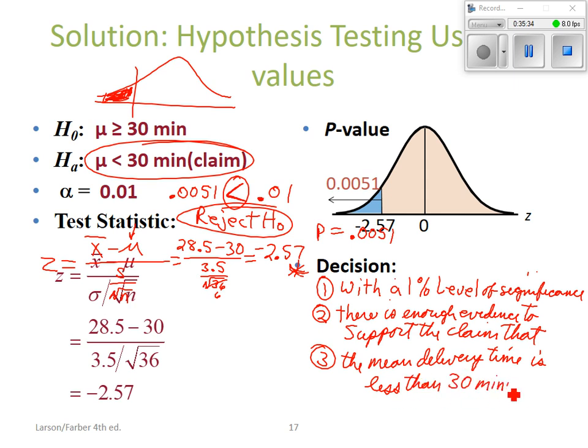So you just reconnect that back to whatever the problem said. And that's what this problem said, that the pizza place says that their delivery time was less than 30 minutes. So we just separate it, and you don't have to separate it. I separate it here to try to make sure that Michael can understand it. Okay, I'll write this part, this part, this part. Once you start writing it, you can write it as one big long